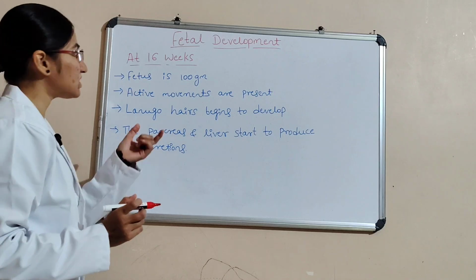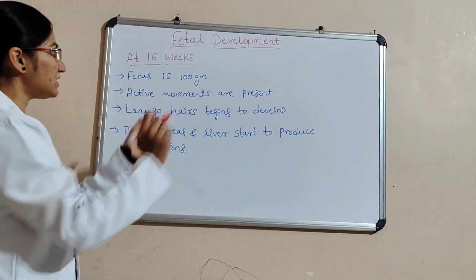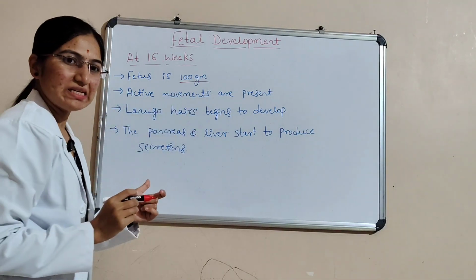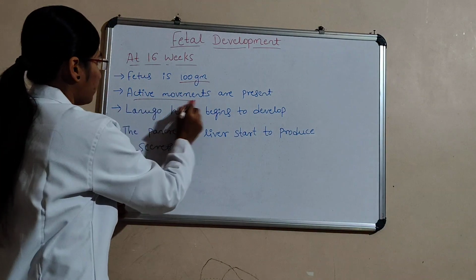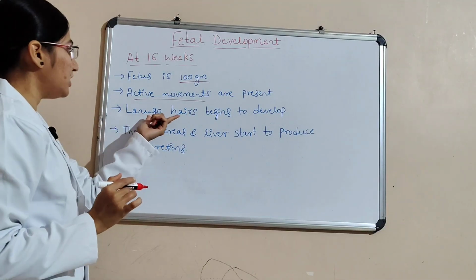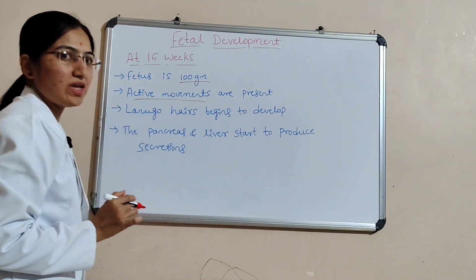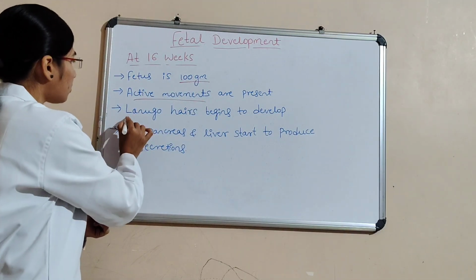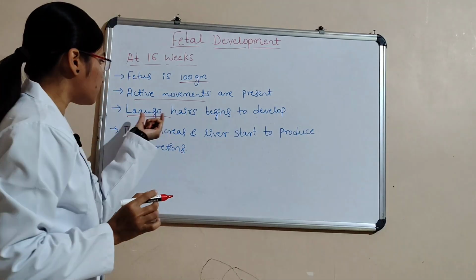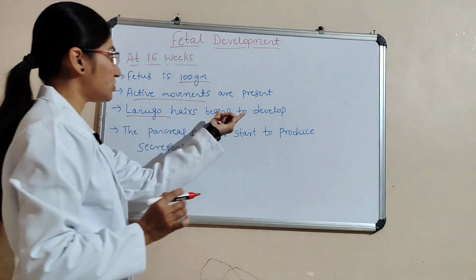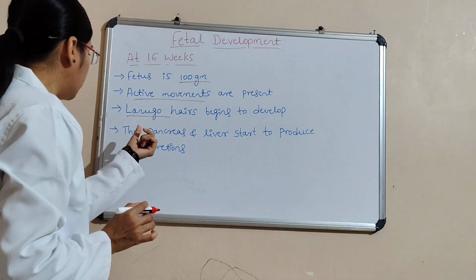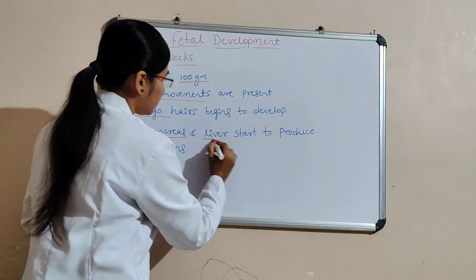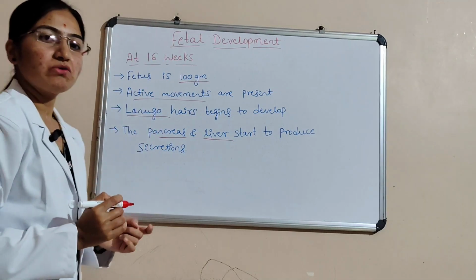Next we'll see 16 weeks. Here fetus weight is 100 gram, and active movements are present at 16 weeks. Lanugo hairs begin to develop at 16 weeks. Lanugo means soft hairs. And then the pancreas and liver start to produce